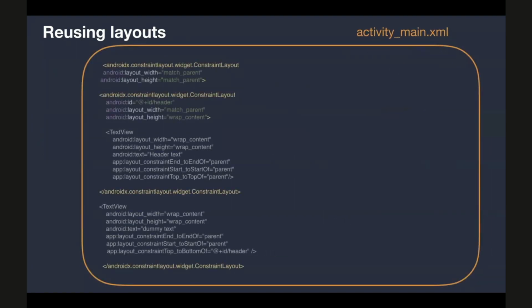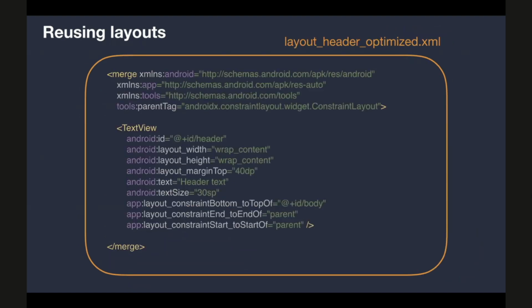So let's take a look at how the compiler interprets it. The compiler removes that include tag and replaces it with the entire layout that we had for layout header. As you can see, now we have two nested constraint layouts here. So this extra constraint layout is the extra $10 that you paid for your coffee. It's the extra cost that you have paid. Why do we need two cups when we just want to pour the coffee in a single one? So we can avoid this really easily, and let's take a look at how we can do this.